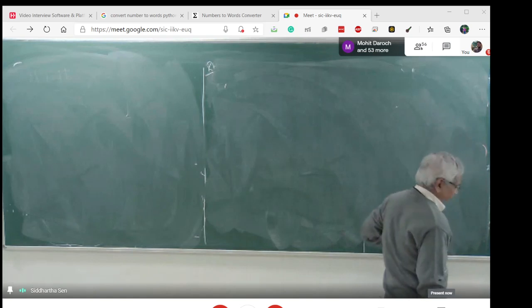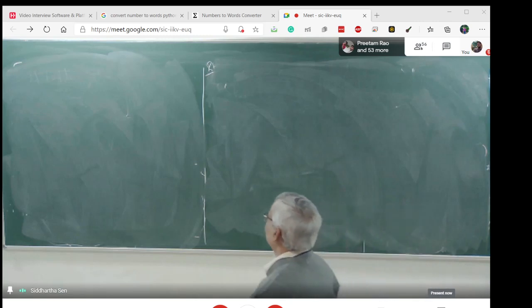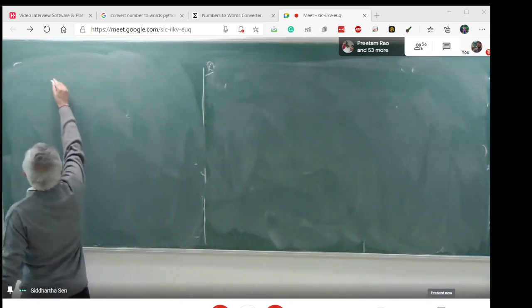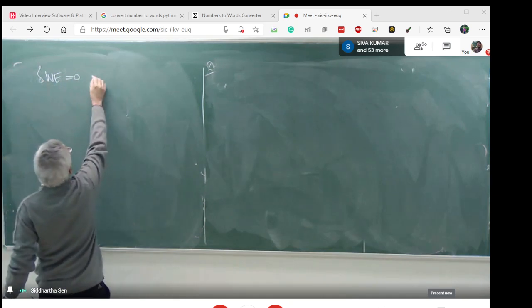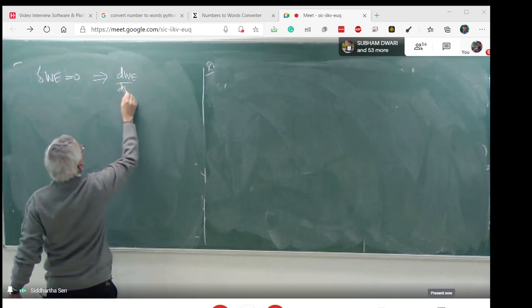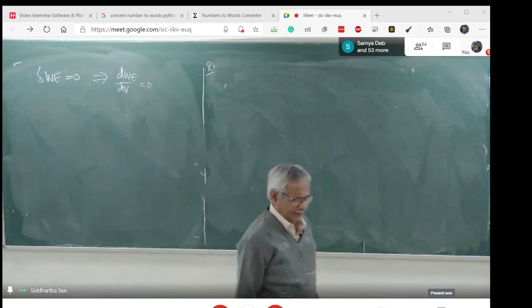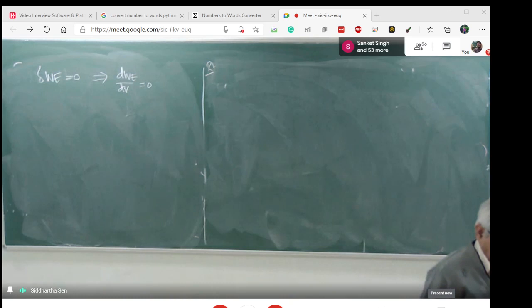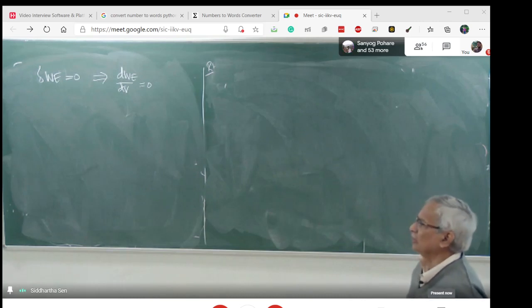So now what we have found is the energy function, WE. And for this energy function, delta of WE equal to 0, or we will have to find dWE/dV equal to 0. We will have to solve it in space. And what this WE is, is the energy function. It could be electrical energy function, mechanical and kinetic energy function, potential energy functions, and all the things.